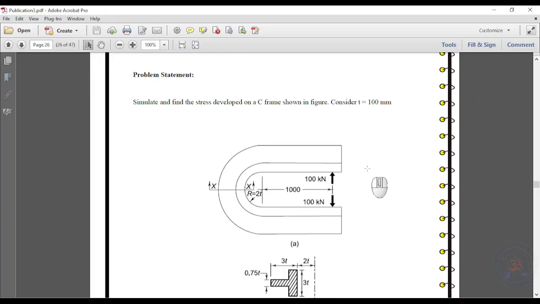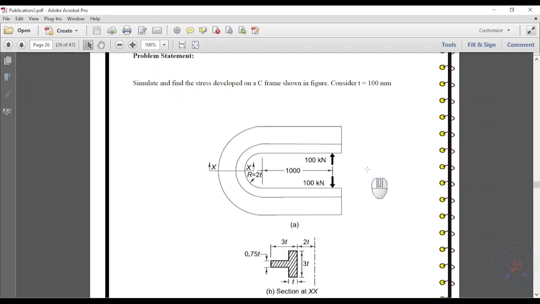So let us analyze this C frame which is given according to the problem. To analyze this C frame, you can see that the frame is symmetrical along the x-axis. So we will concentrate on modeling only one direction, and we will apply symmetrical loading or fixed loading on the other end. To do this, first let us create a geometry by using Creo software or any